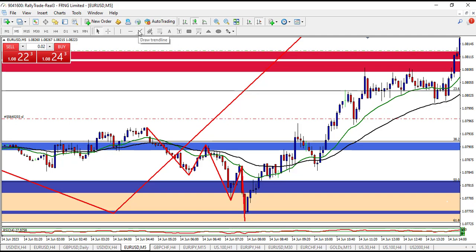So that change of character I'm looking for, or market structure shift, is when the market, because I'm looking for the market to start going up, just slightly moves above this high, right? So this is two equal highs, but see the real one that moves above this high, then it has shifted on the lower time frame. That's the change of character. So any further retracement, buy here. So this is the right place to buy.